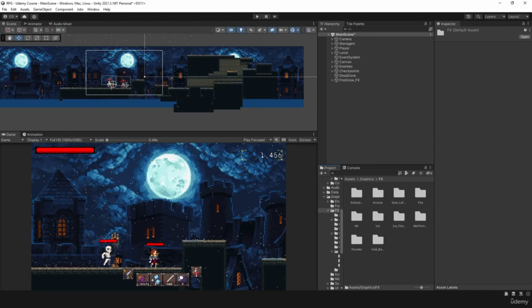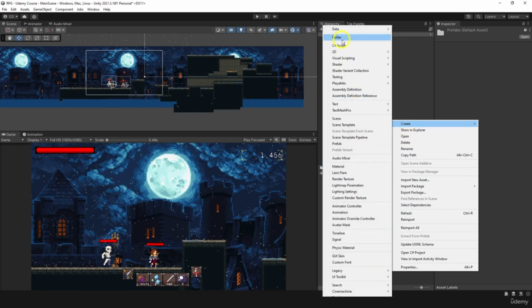Hello guys, in this video I want to show you how to make a dust effect that will appear when you bounce the sword or when you catch the sword. It gives a nice feeling, I really like it. And you could play it in different cases if you like to, but I'll show you just a couple of examples, alright? So first of all, I want to go to the prefab folder,